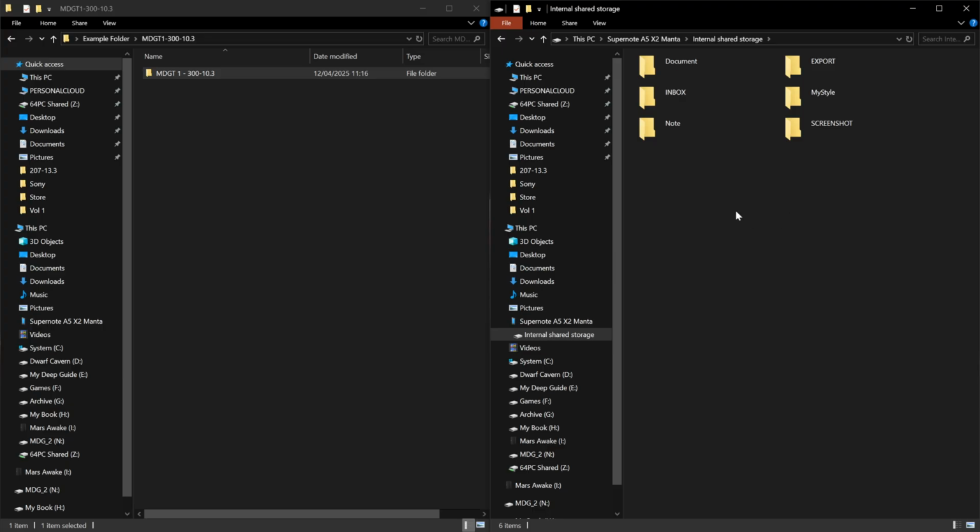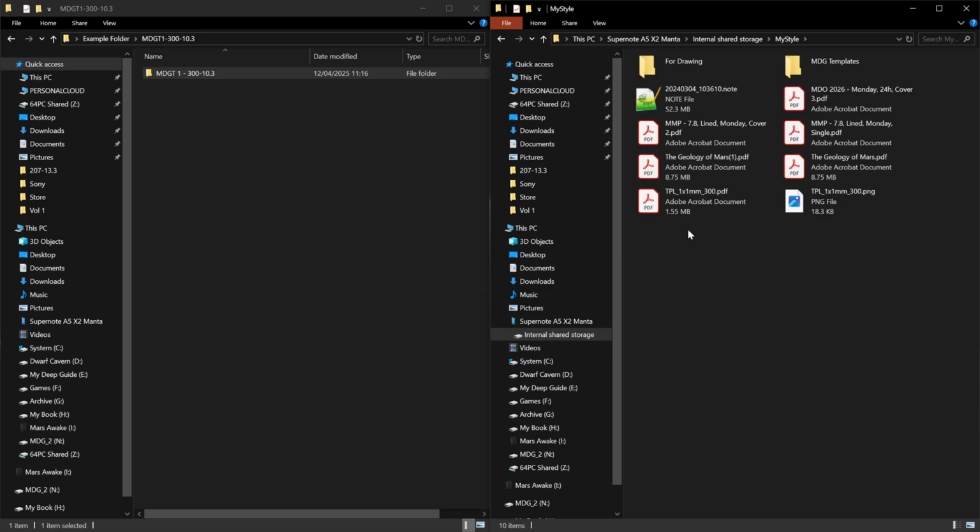In this case, it actually is important because custom templates have to be placed in the My Style folder for the platform to be able to use them. So while you can physically transfer them anywhere, you won't be able to use them unless they are placed in the My Style. So you have to go to My Style, and here as well you can create a folder